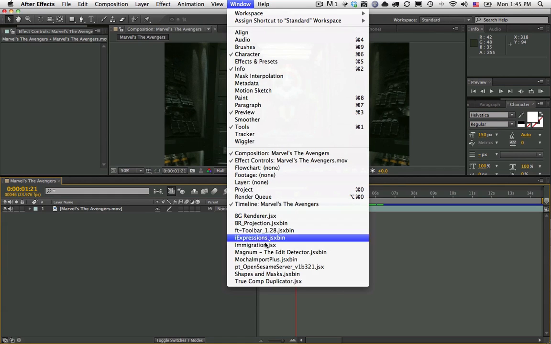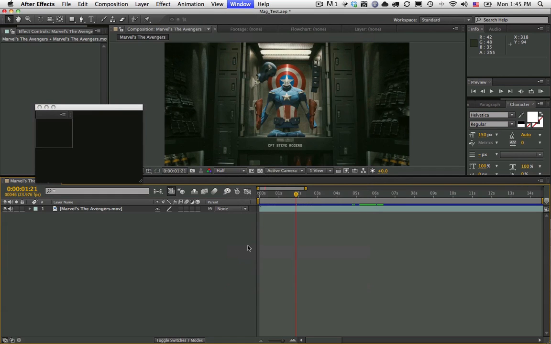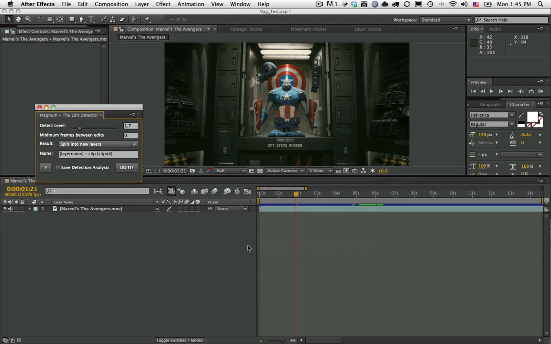This is a demo for Magnum, the edit detector. Magnum automatically detects edits in footage. In this new version, we added CS6 support, as well as an all-new detection method, and an exciting new feature